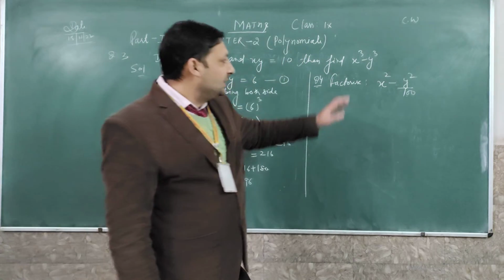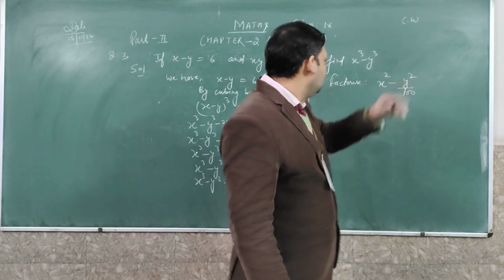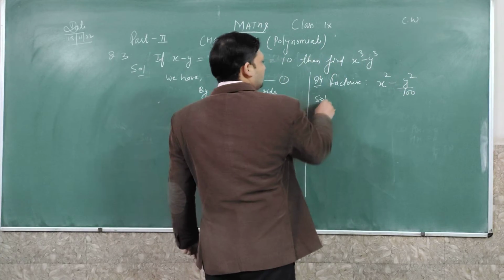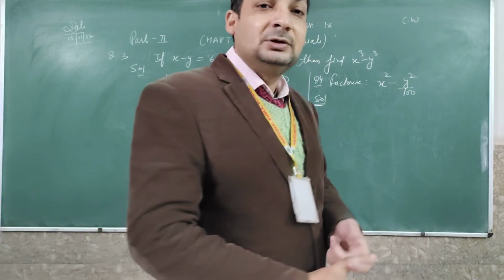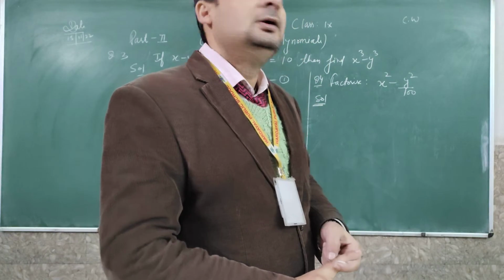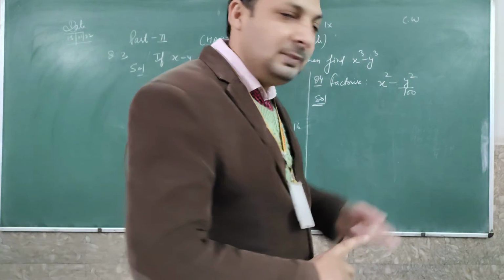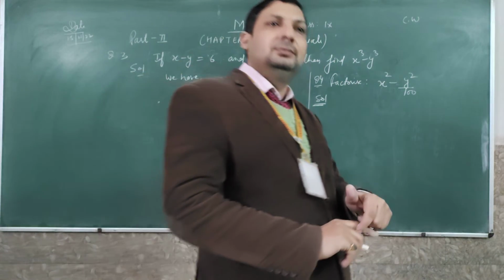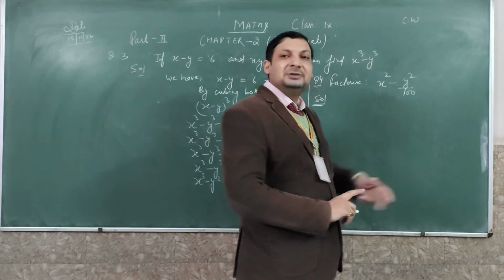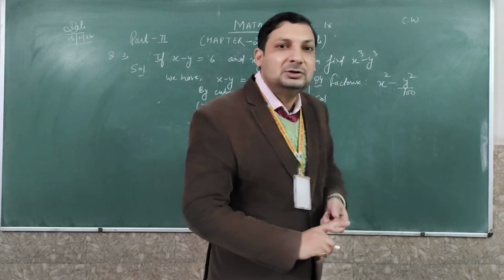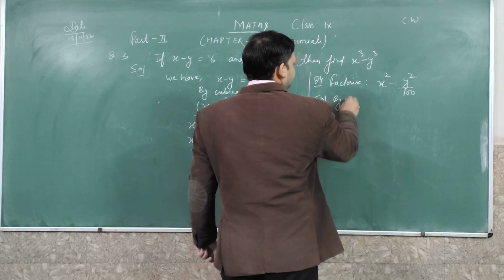It means this sign of minus is showing which formula we can apply. So can you guess? Before writing the solution, you have to tell me which formula we can use. I hope you are thinking it can be a square minus b square. Yes, because look, here is the power of 2 and here power of 2. It means we can make only one formula, that is a square minus b square. So write that by using the formula.